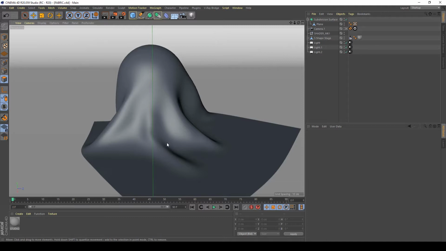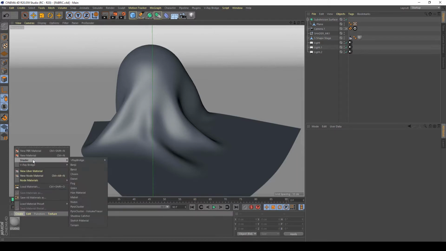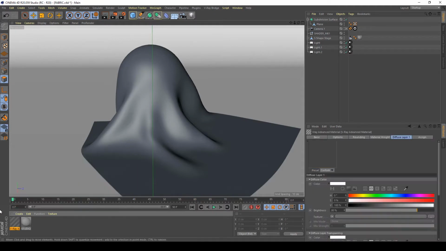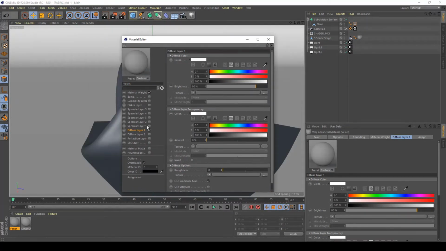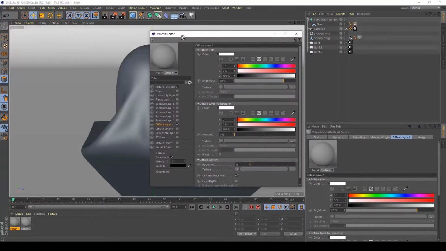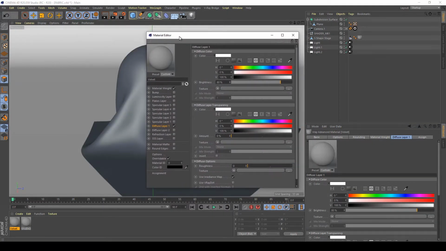So let's begin. First of all, like any other material, I want to create a V-Ray Advanced Material. Name it velvet. And let's start playing with the settings. Usually, to obtain a cloth in the quickest way